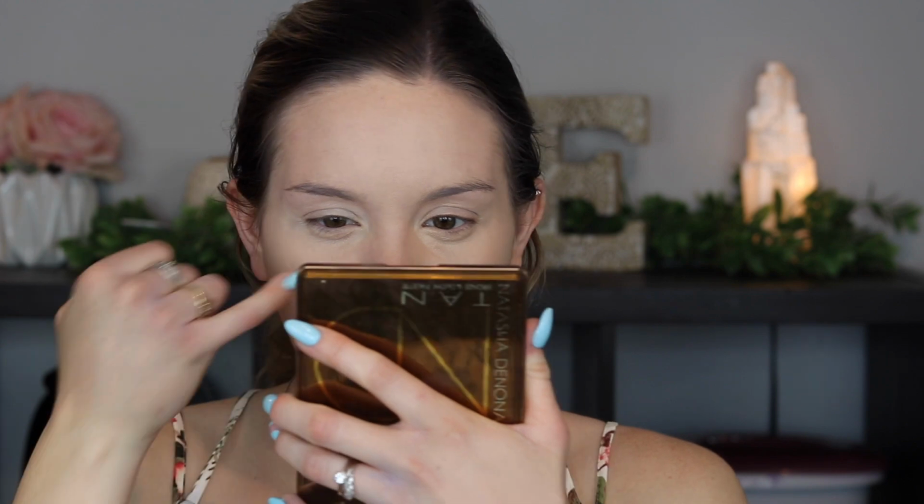I feel like when I look at the 2, this one feels and looks a little stickier, like I need to set it or it's going to move around. This one I feel like is looking a little bit more like it's already been set. So I do feel like that is true. The only thing though is